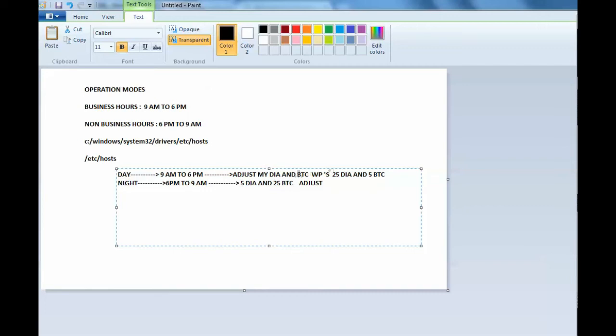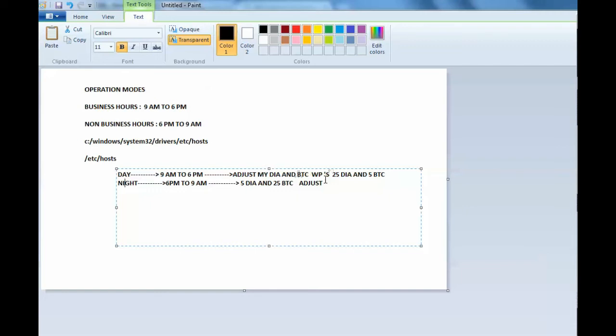Here, adjust means whatever we have, like 10 dialogs, within those 10 only the adjustment should happen. Correct. We are not adding any additional work processes in operation modes. It's not possible to add in operation modes.